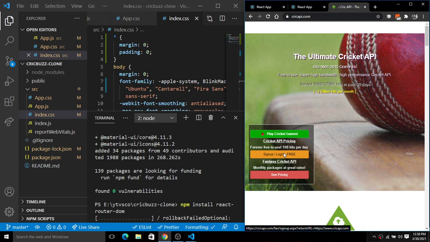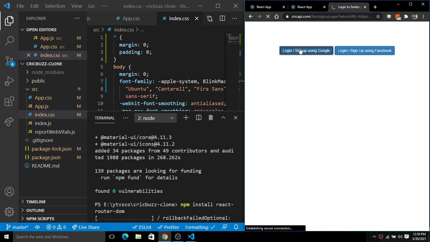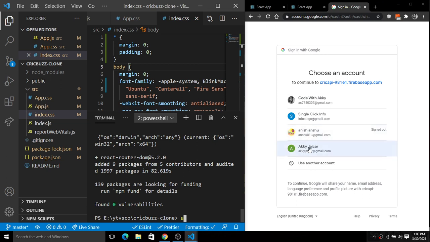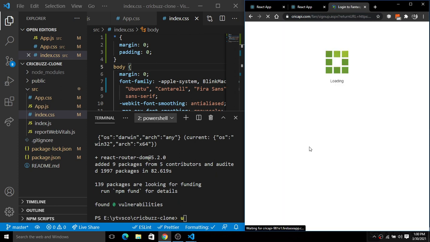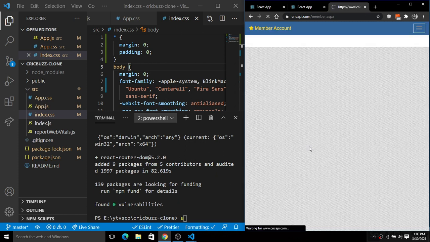So click on the sign up, and here I have already signed up, so that's why we will simply return back to the dashboard page. Okay, so I have not logged in right now, so I'm going to simply log in here. So here I will simply log in from there. Okay, so I have already created an account there. If you have not created that account, you have to simply sign up there,